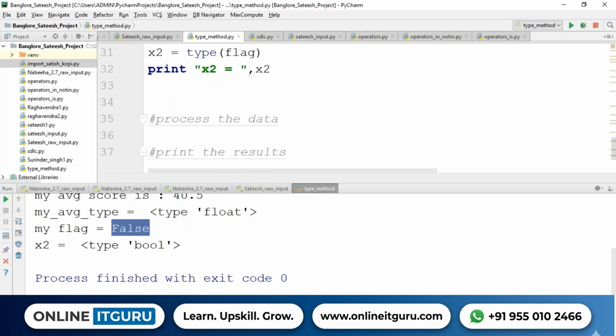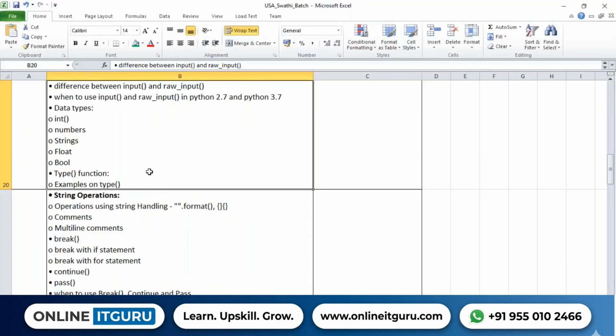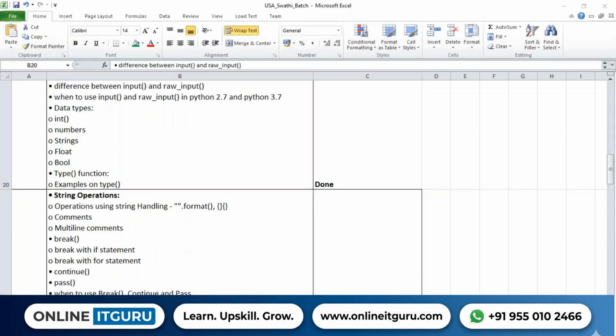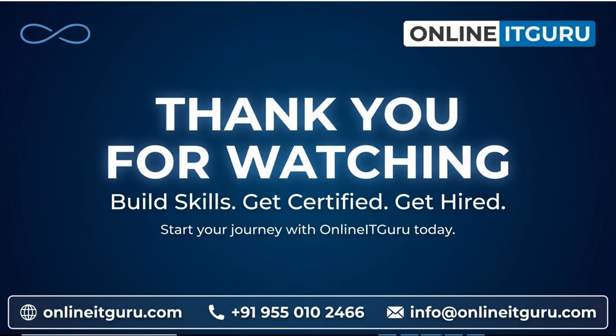Now the next part is, what is the float? Floating means 0.5. See, like I gave 0.5, right? Average. What is decimal? 0.5, the decimal point. Correct. For example, in one subject,